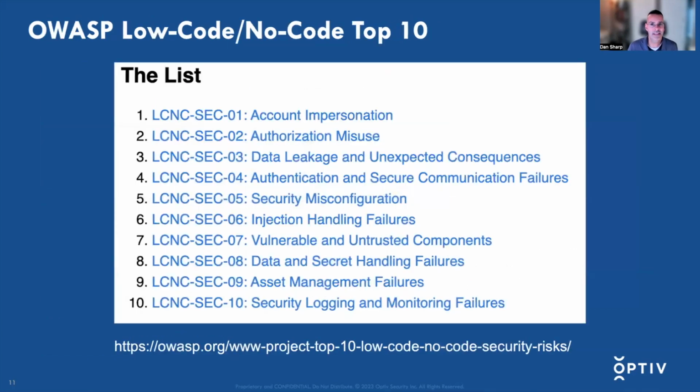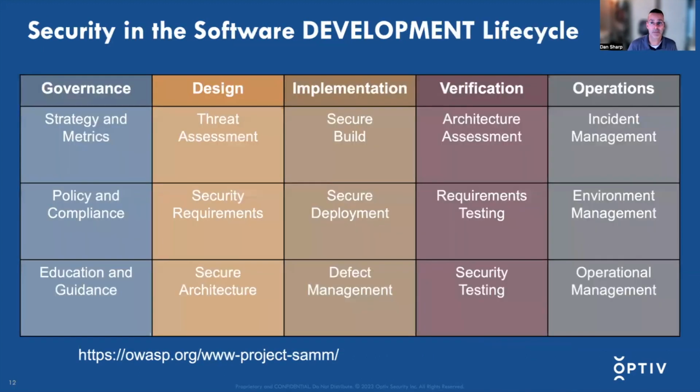So going back to the Top 10, how do you actually protect these low-code, no-code apps from the known published Top 10? Well, there's another OWASP framework called SAMM, the Software Assurance Maturity Model. Here I highlight development in all caps because we want to stress that no code does not mean no development. Looking at SAMM 2.0, they're on version 2.0, which has 5 business functions,